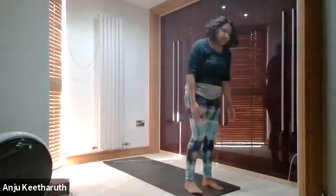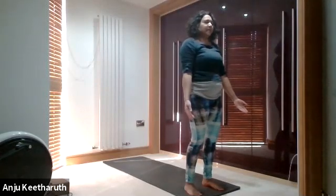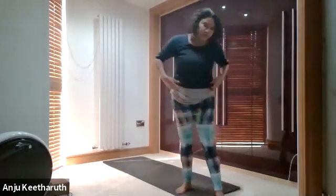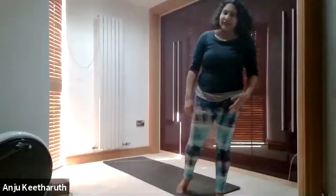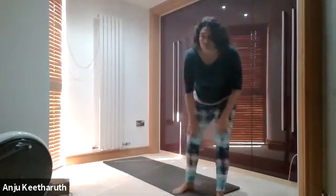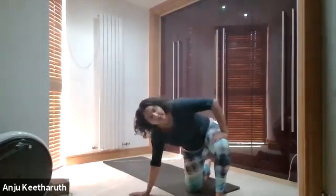Separate the feet a little bit. And just a couple of breaths here. And then we'll come lying down on the floor to take a couple of resting breaths before we do our next pose. So lying down. This is a chance to get your breath back if it's gone a little bit fast. The idea is to inhale for a count of 2 or 3, and then make that exhalation longer